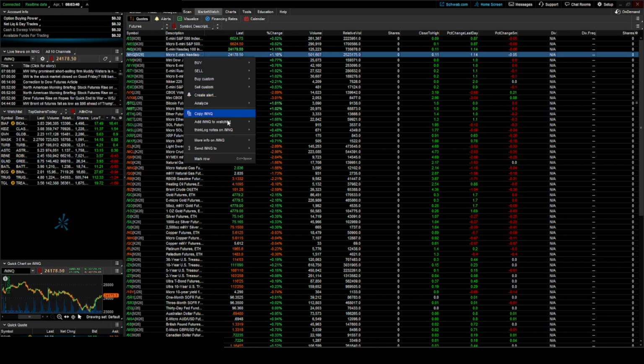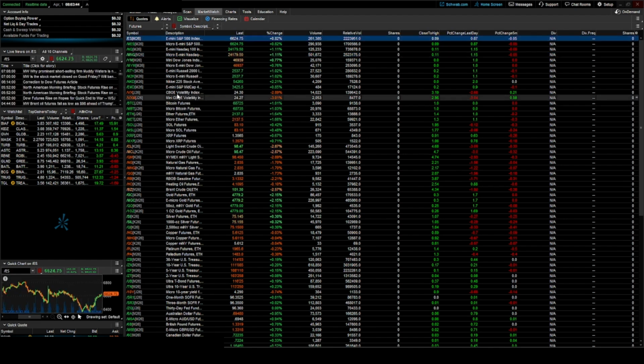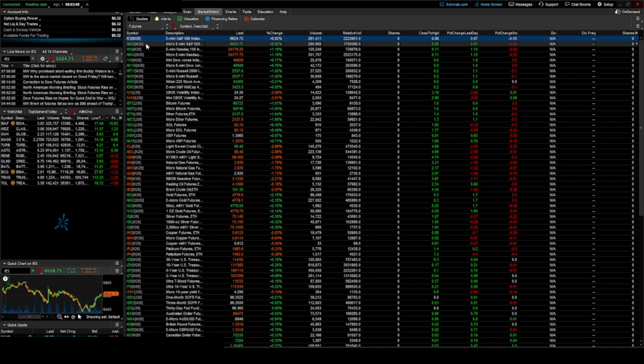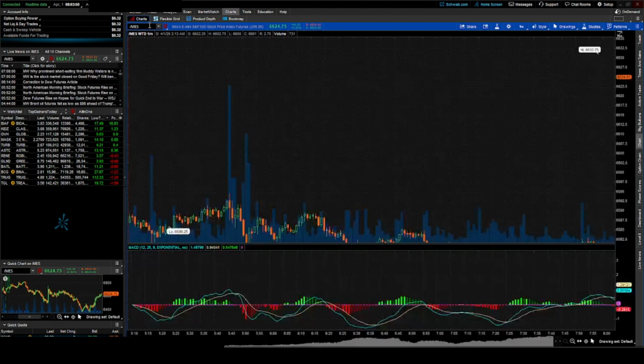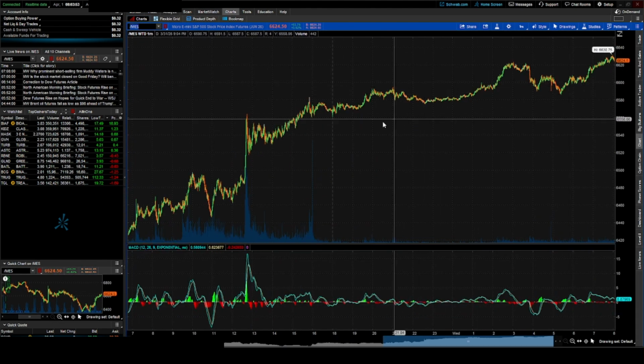Finally, once you have your futures contracts in your watch list, you can analyze them using various tools within Thinkorswim. You can view charts, study historical data, and even apply technical indicators to help make informed trading decisions. Remember to take your time to familiarize yourself with the features available in Thinkorswim, as they can significantly enhance your